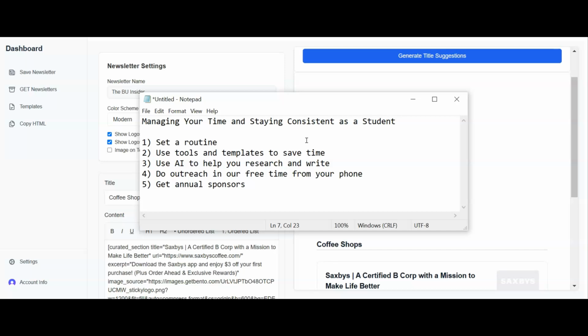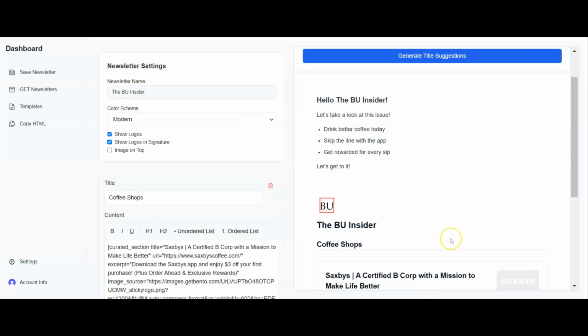So if you dedicate time to your newsletter in terms of writing it, half an hour max a week, then you can see very quickly by using tools and templates. And the nice thing about this is every week it's going to be the same. And you could set up your own template. There's nothing to stop you doing that yourself. You don't have to use this. But you could set up your own